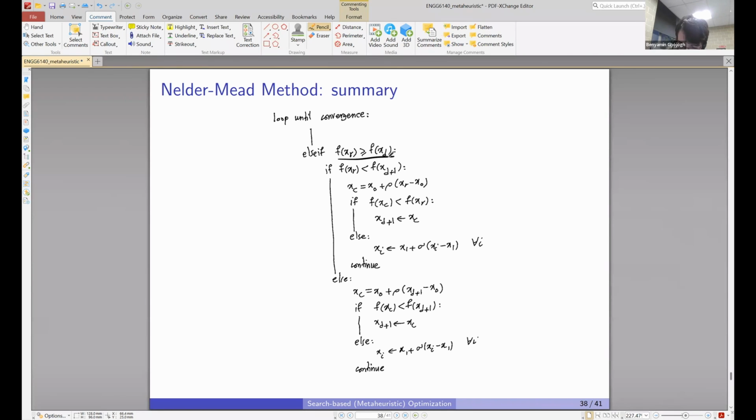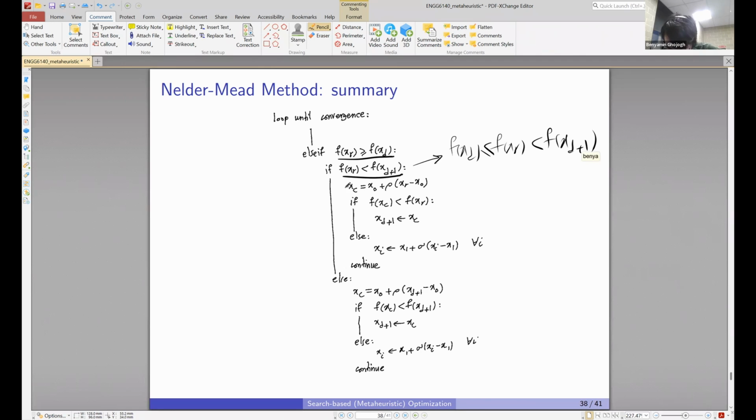Another case is when the reflected point is worse than the second worst corner, so its cost value is greater than or equal to f of xd. Then two subcases happen. It might be better than the worst corner or worse than the worst corner. If it's better than the worst corner, what does it mean? If f of xr is between f of xd and f of xd plus 1,